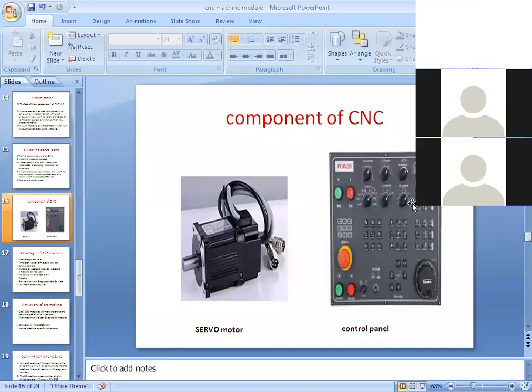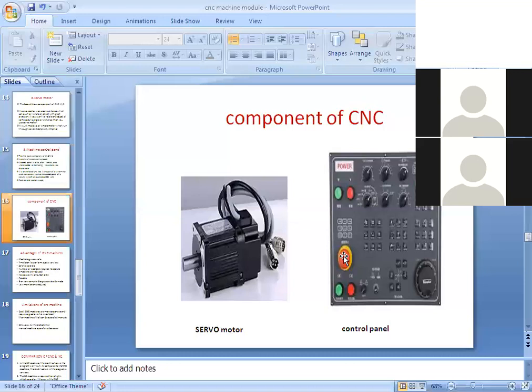I will come to the topic, the components of the CNC, starting with the control panel. See here, different knobs are there, different keyboards in different colors, with coordinates, symbols, and alphanumerics. X-axis, Y-axis, knob, coolant supply, feed rate, clockwise and anti-clockwise directions, how much time, everything. Whatever the inputs are for producing the component, that happens in the control panel.